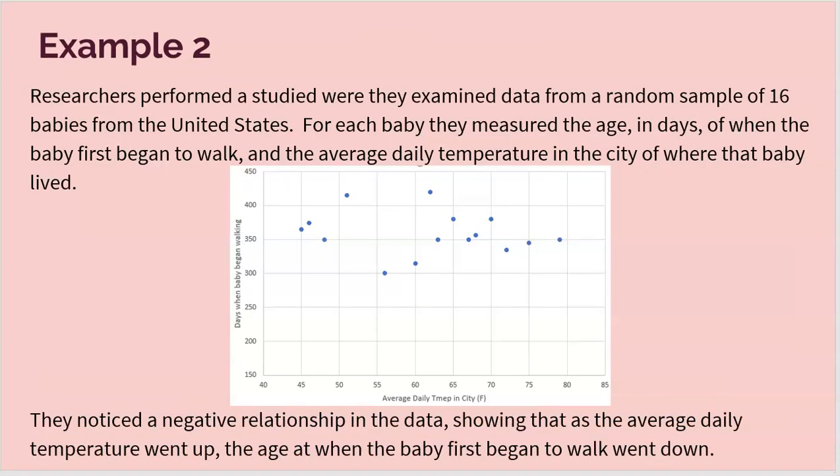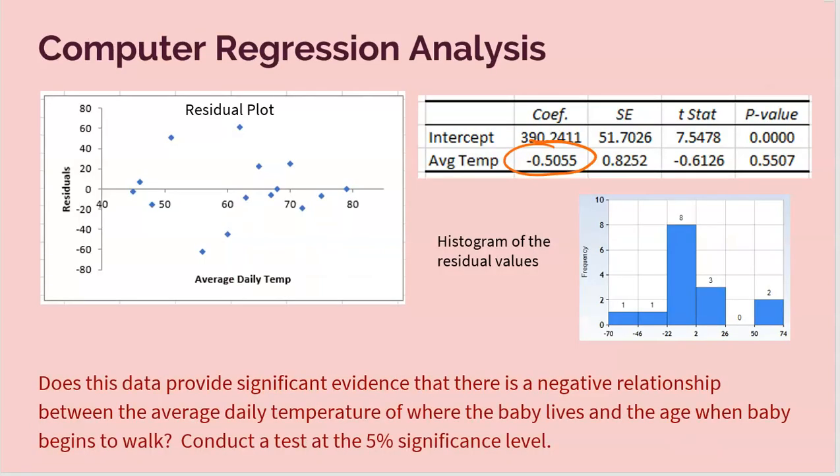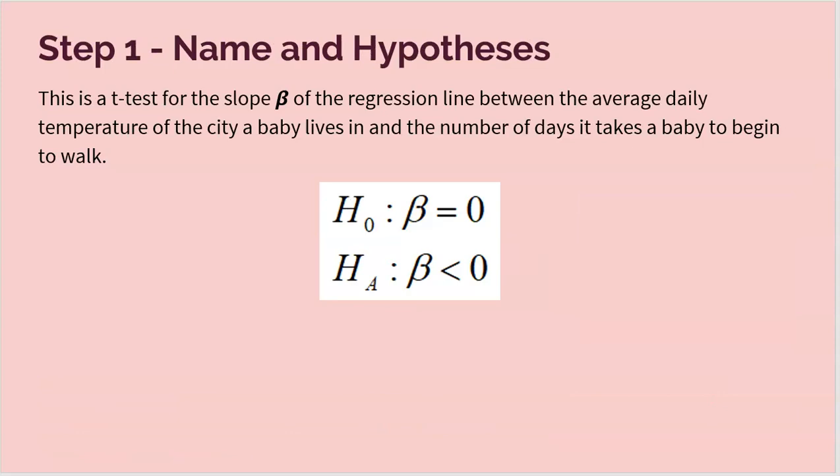So we clearly see, well, I don't know about clearly, but we do see a negative relationship. Our computer regression analysis did get a negative slope. So now the question is, is there really a negative slope? Or maybe not. All right, so step one is, this is a t-test for the slope of the regression line